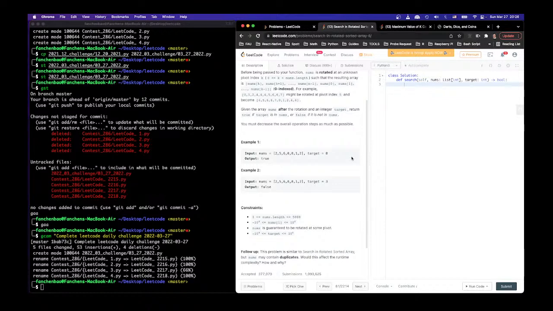And if I know the target belongs, let's say, to the right hand side, and the middle we find belongs to the left hand side, then we're going to shrink the whole thing to the right. So the low is going to go to mid. Otherwise, high is going to go to mid. We shrink until we find it, and then